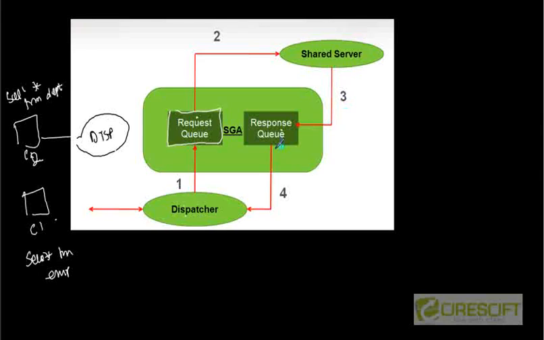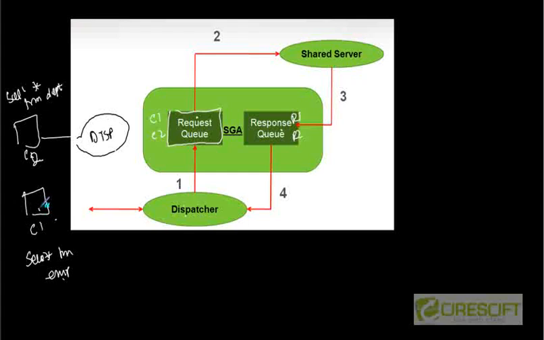Okay, and then let's say for example there is a client 1, client 2, these are the requests. Somebody is sending select star from EMP and somebody is doing select star from DPT. All those commands are there in the request queue. Whenever the shared server is free, it is going to take the commands, execute, and then the returned result is going to be put in the response queue. Let's say R1 and R2 and so on. It's the answer. So all these dispatchers are going to poll this response queue, and whenever their results come back, they are going to get the result and return it back to the